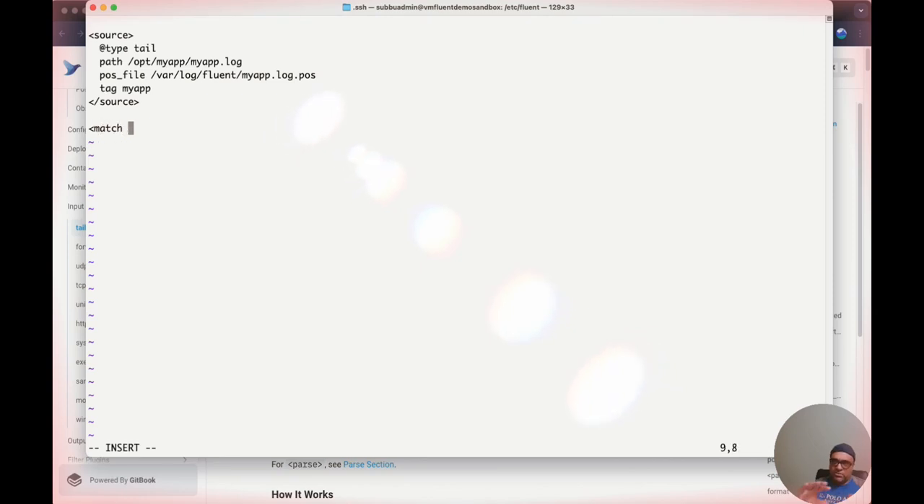the match. That's how we define it, and we say whichever has a tag name as myapp, the output plugin defined here will take care of it. Okay, so just define it here, and in this case I'm going to use the debug plugin. So just use type stdout, and